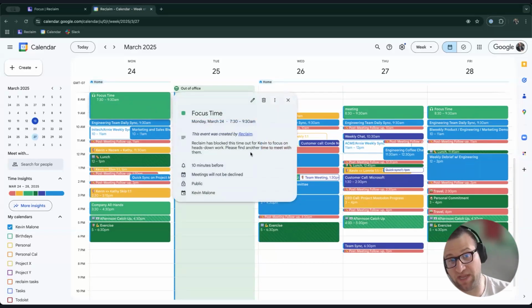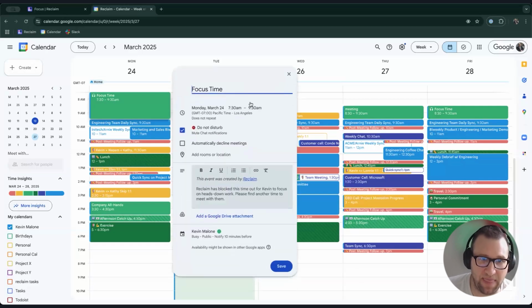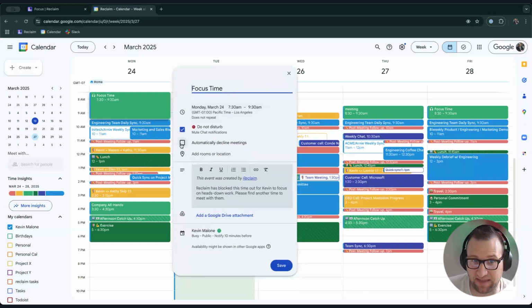There's a couple other neat things to point out here. One is that focus time is actually using the native focus time event in Google Calendar. We really want to lean into existing platforms and existing patterns wherever we can. If this is something you're already using inside of Google, this is automating that process for you. You can change this description text and modify the emoji if you want to add an emoji to it. And then, of course, you can add and modify these things like automatically decline meetings